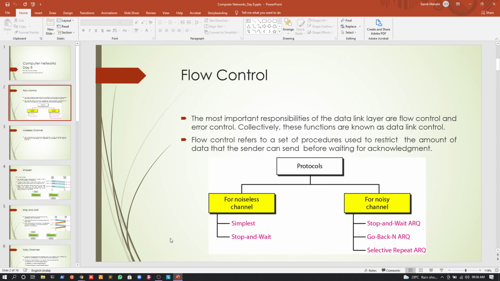Okay. Now, what do we mean by flow control? Let us understand first. Flow control refers to a set of procedures used to restrict the amount of data that the sender can send before waiting for an acknowledgement. Now, just understand what happens. Suppose there are two computers, one is the sender and one is the receiver. It may happen that both the computers